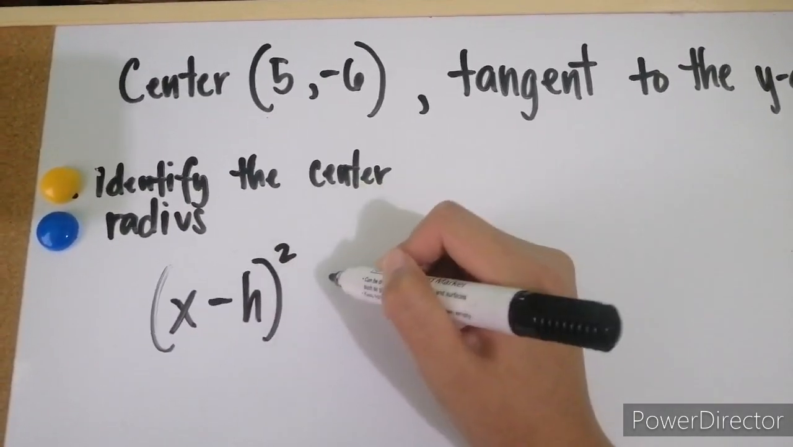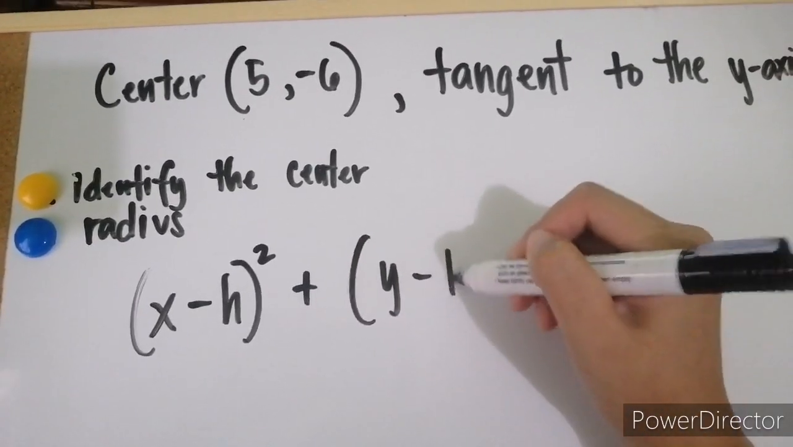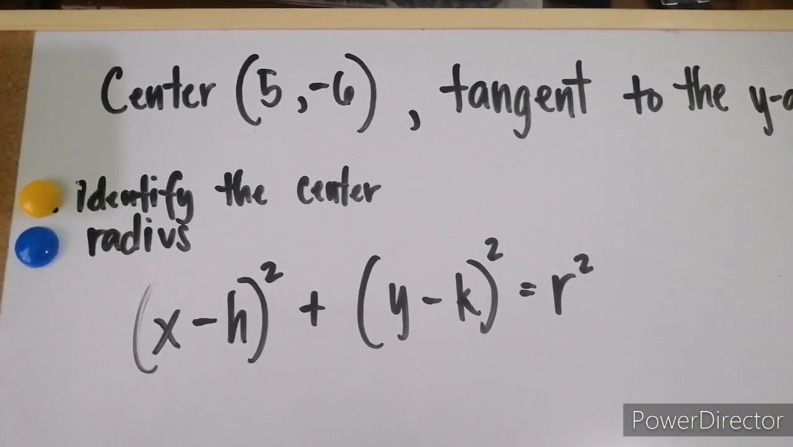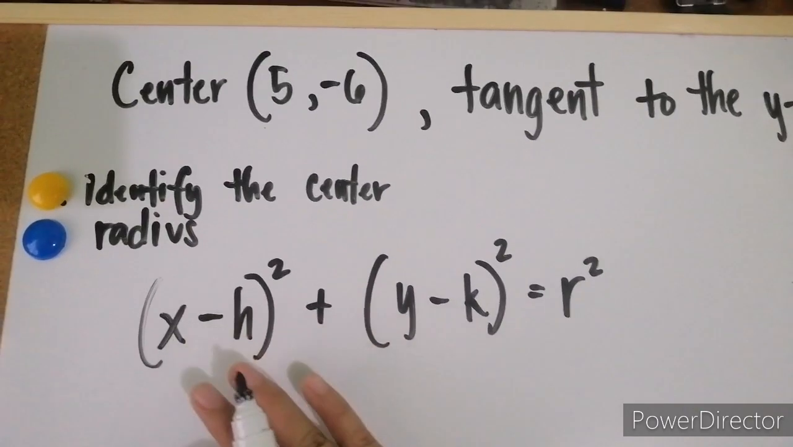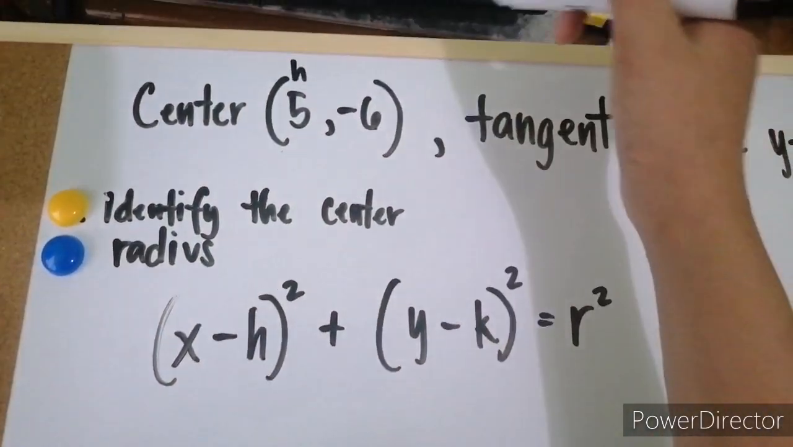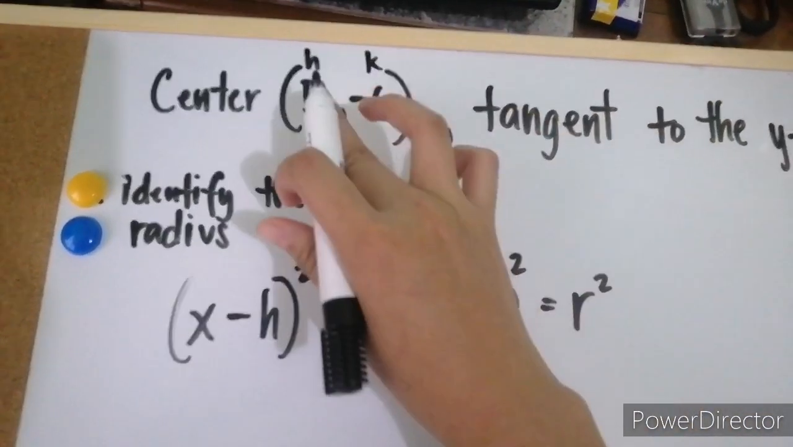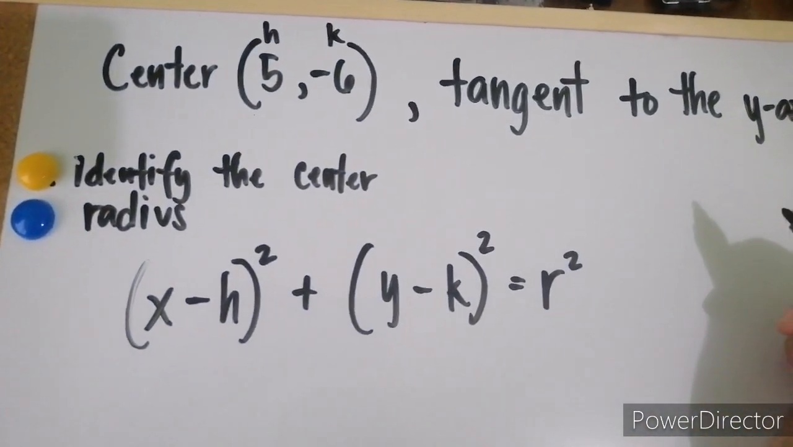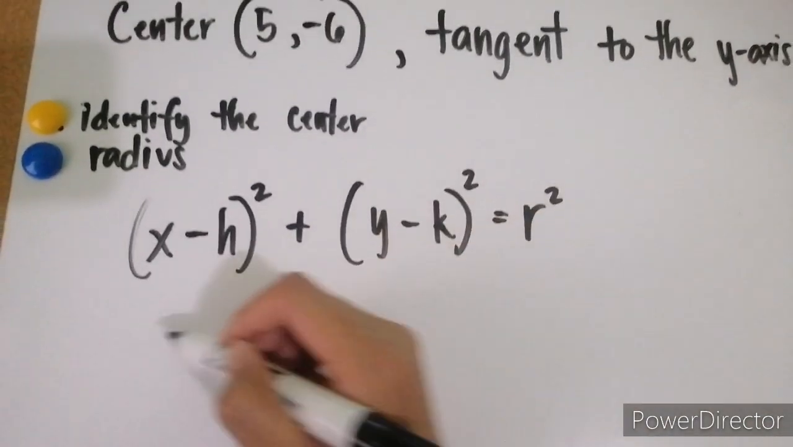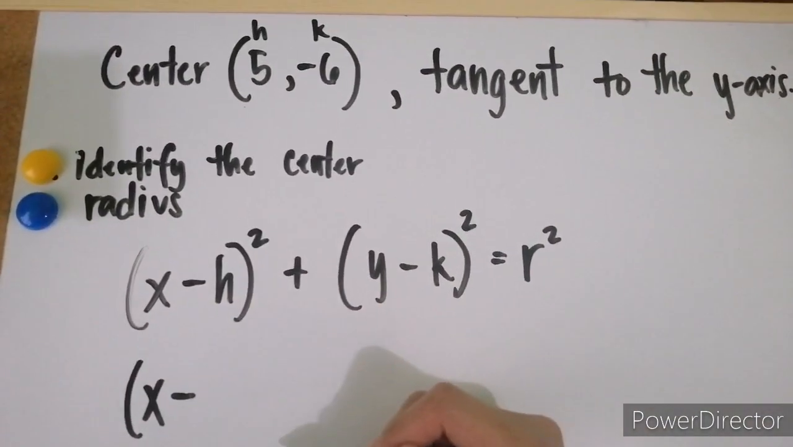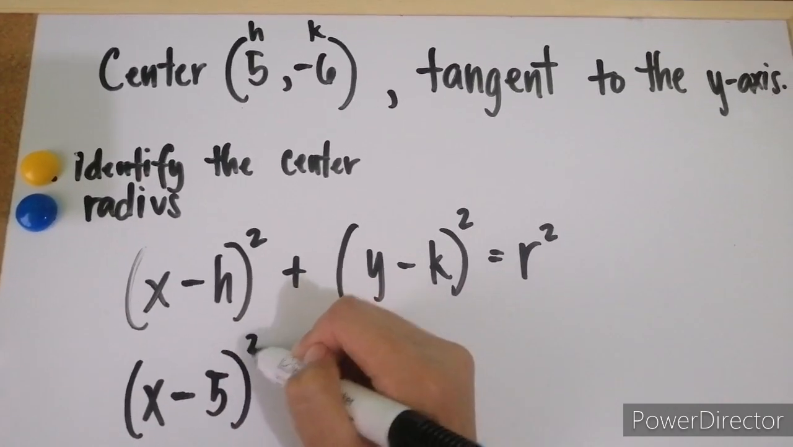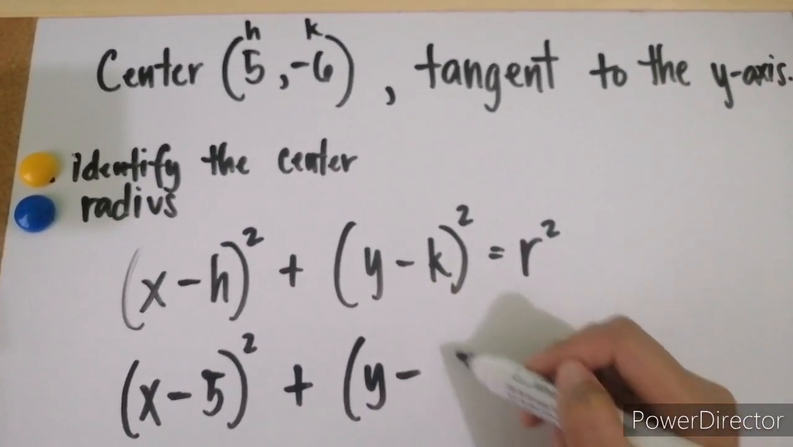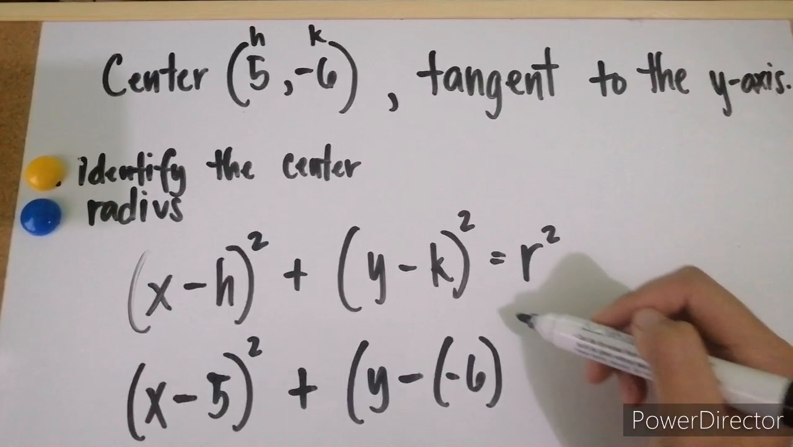(x - h) squared plus (y - k) squared is equal to r squared. Next, again, this is our h, and this is our k. h represents the x coordinate and k represents the y coordinate. So we will have (x - 5) squared plus (y - (-6)) squared